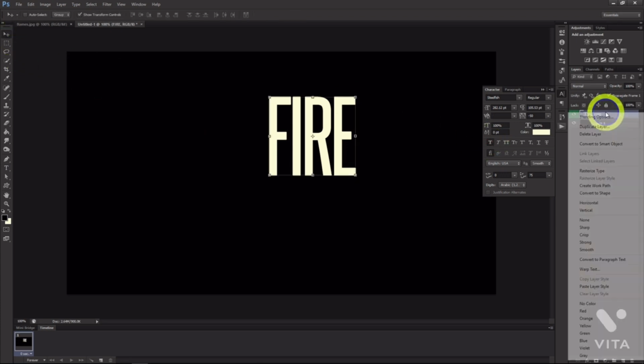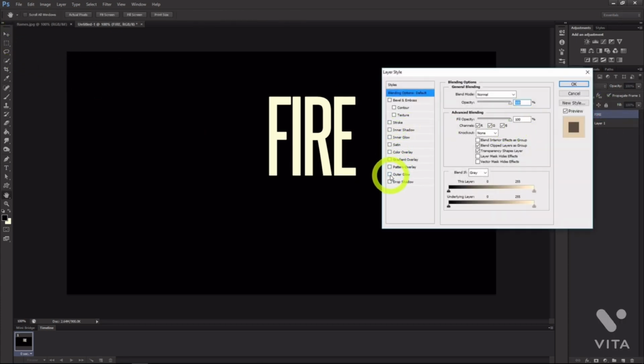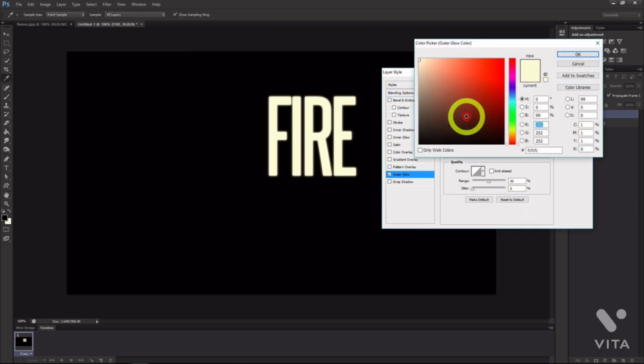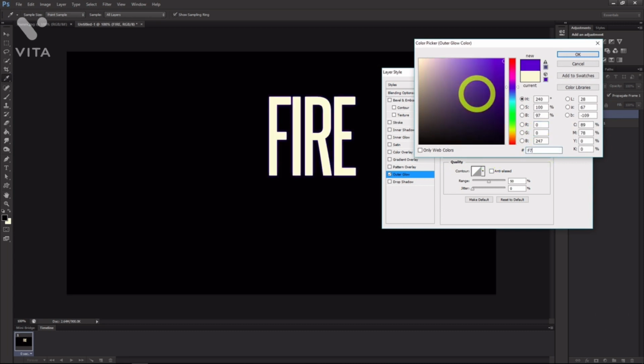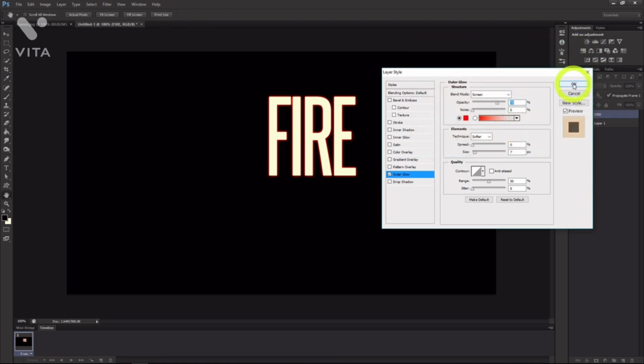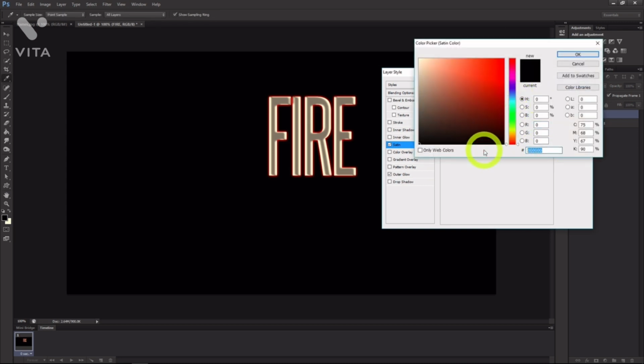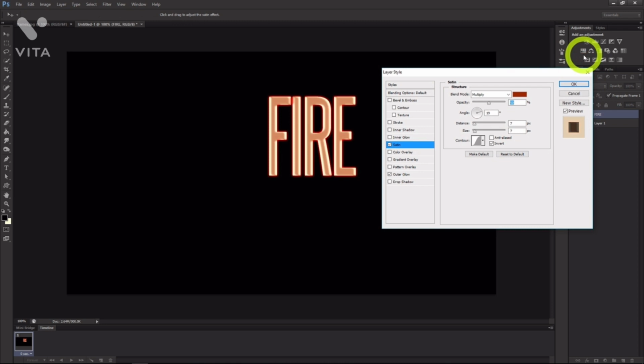Let's go to the blending options on our layer and add an outer glow. Change the color in the box here to F70300, then hit OK. Select the satin blending next and change that color to 872D0F, and hit OK as well. Change the opacity on the satin effect to 100%. Change the distance to 10 pixels,